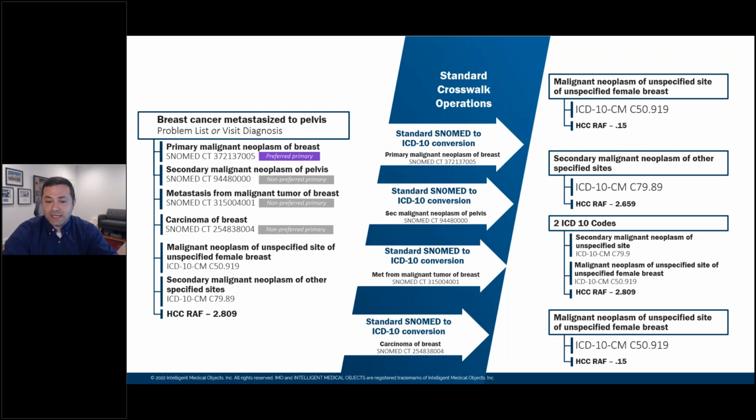So as we take a look at this exact experience here of crosswalking code set to code set, this is the problem that happens with many-to-one, one-to-many, many-to-many correlation. You're not getting the clinical context of the patient, which leads to that downstream data impact and the ability to have untrustworthy data if you're not looking at the description itself.